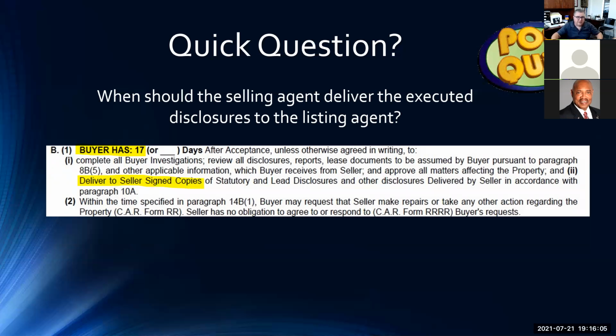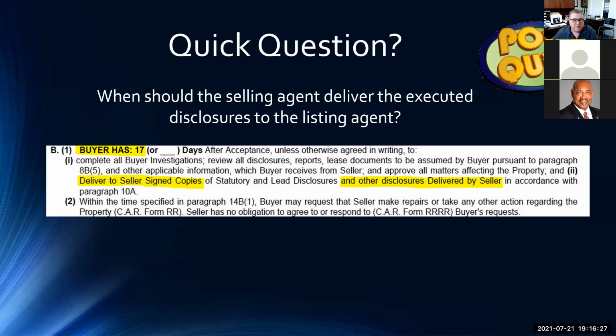So you see it right there. Buyer has 17 days to deliver to seller signed copies of statutory and lead disclosures and other disclosures delivered by the seller. So contractually speaking, it's typically when you're going to remove the investigation contingency that you're contracted to return those things.